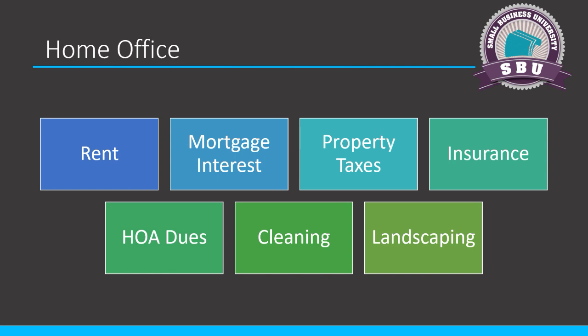And if they like deducting automobile expenses on their personal car, you still have to do all of this. And as I've got on the slide here, that includes rent, mortgage interest, taxes, insurance, HOA, cleaning, landscape, all that kind of stuff. So everything that goes into maintaining and paying for the house should go into the expense report. Let me talk a little bit about auto expenses next.